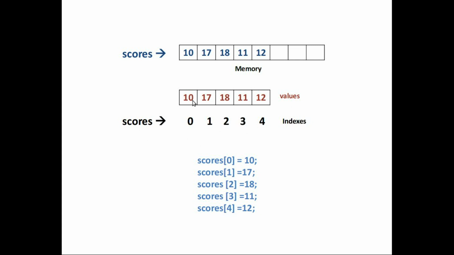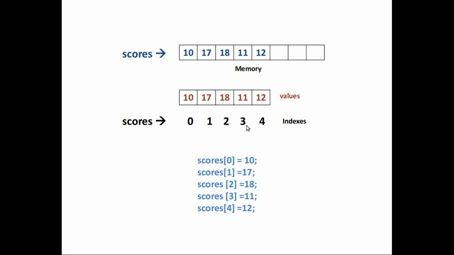So if we have an array here, we have this container that can hold 5 elements. The indexes always start from 0. So we say 0, 1, 2, 3, 4. The first item is in position 0. The second item is in position 1. The third position 2. The fourth position 3. And the fifth position 4. So you see that the array indexes will always be 1 less than the total length of the array. The array can hold 5 elements. Since the indexes start from 0, we have indexes 0 right up to 4, which gives us a total of